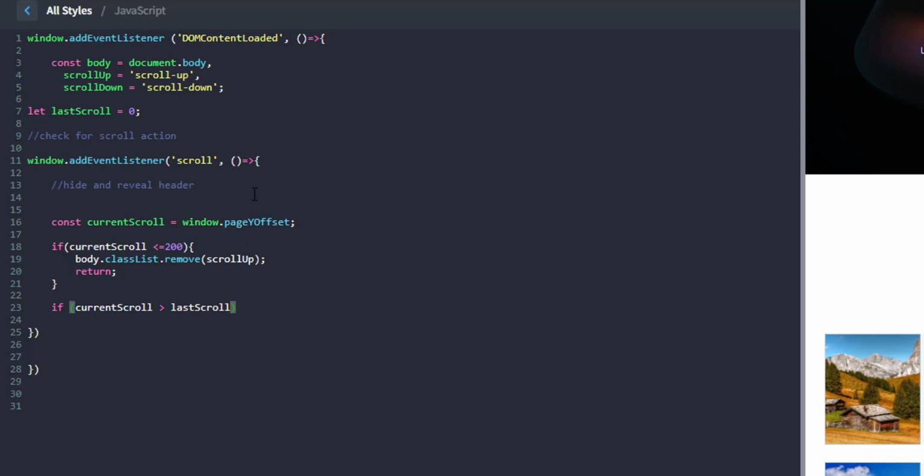So when we move and it is greater than last scroll, and the body does not contain the class of scroll down, so body.classList.contains scroll down, what we're going to do is, now that we are scrolling down, add to body.classList, we're going to say remove the class of scroll up,